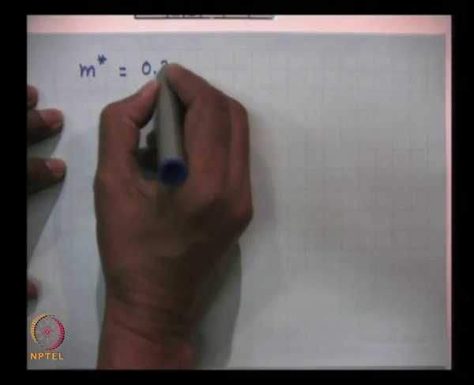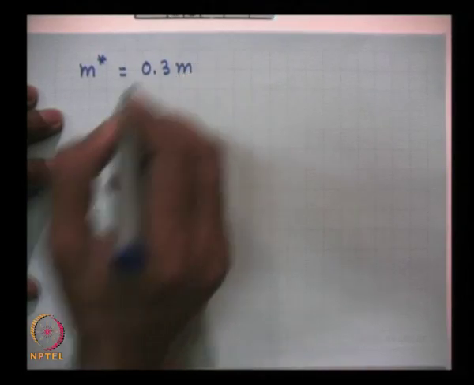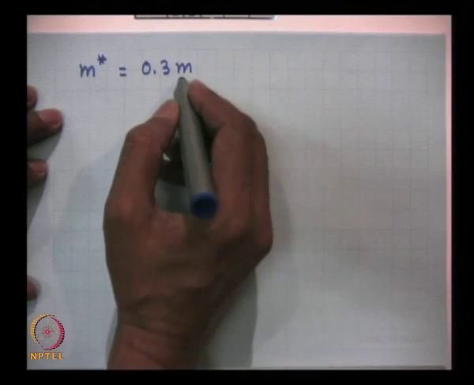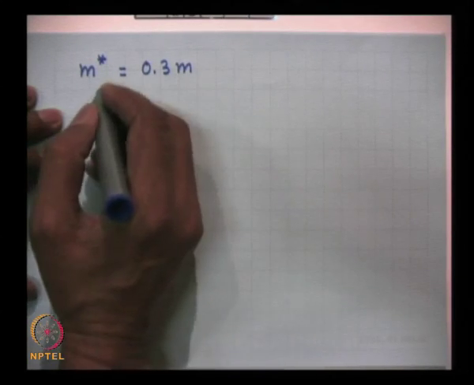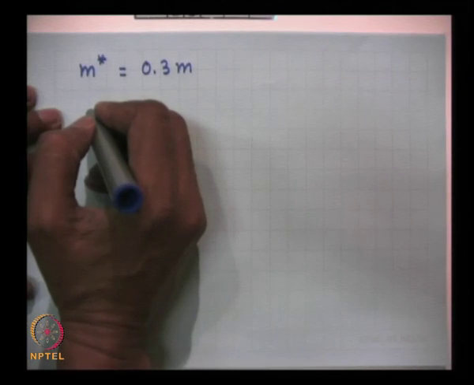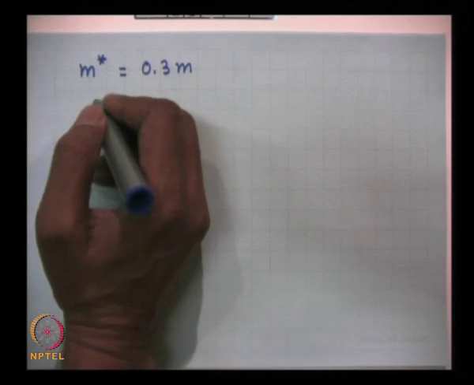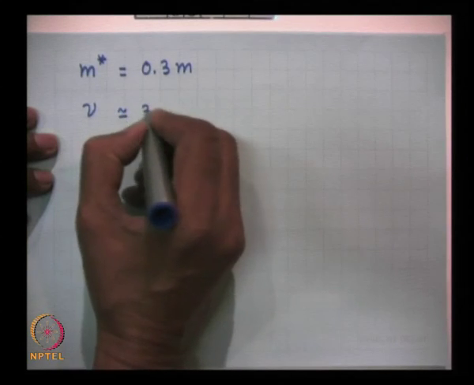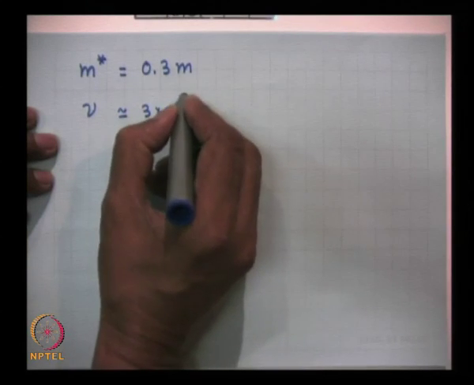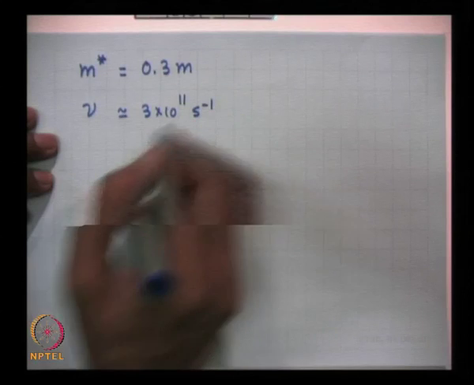For instance, in germanium it is like 0.3 into m free. This is the mass of an electron in free space. I will choose this. So, in a germanium kind of semiconductor, the collision frequency at low temperature, I can choose like 3 into 10 to the 11 per second,